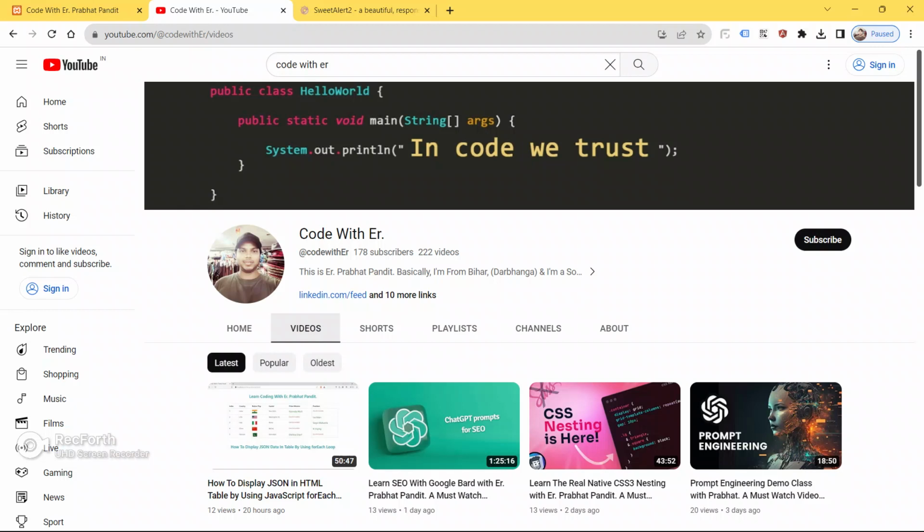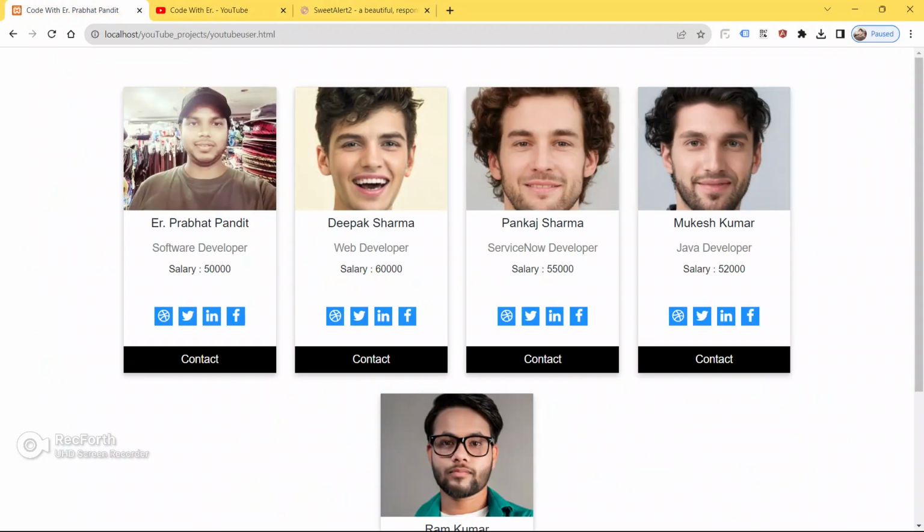I hope guys you know what is Vue.js, then only you will be able to grasp this video, this session. I am assuming that you know the basics of Vue.js as well, and it's good to have basic to advanced JavaScript knowledge also for this session. So I am assuming that you know JavaScript as well as Vue.js, then only you will be able to understand this video. So now guys, let's get started and learn.